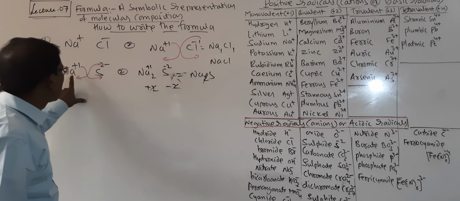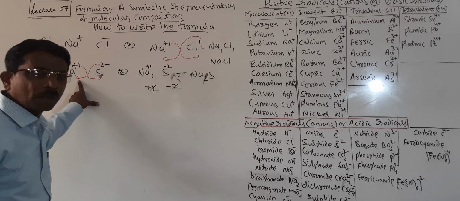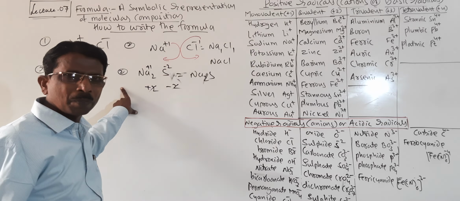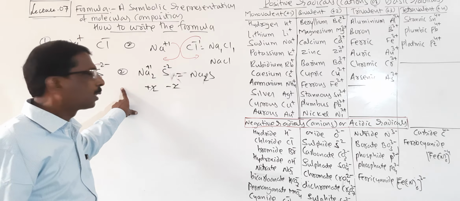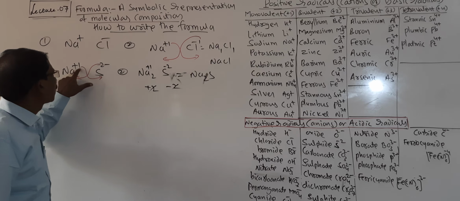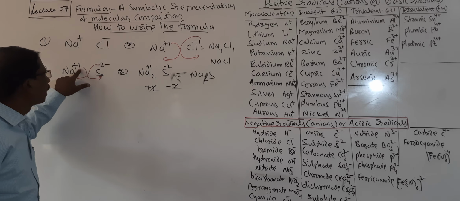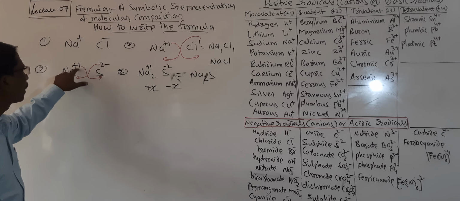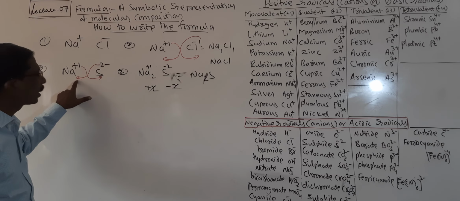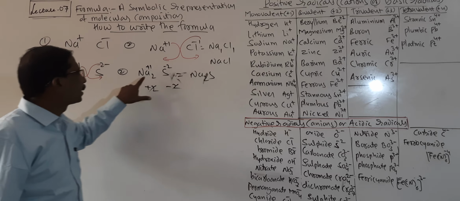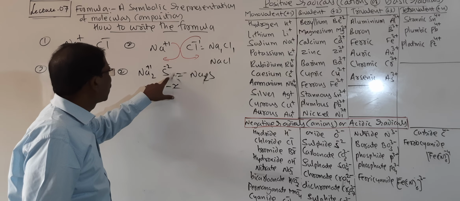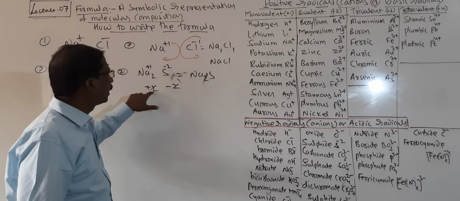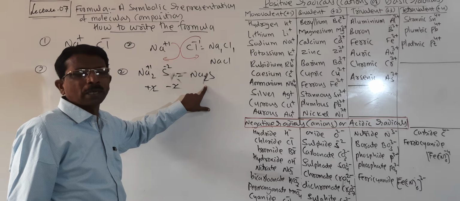Students, look here once again. Write the cation and anion, the positive radical and negative radical, side by side. In inorganic compounds, first write the positive radical, then the negative radical. The superscripts of both are cross multiplied: 1 is multiplied to this and 2 is multiplied to this. Don't take the charges, and it becomes Na2S. Check it: 2 ones are 2 and 2 is 2, so it cancels and becomes neutral. This is the second example.